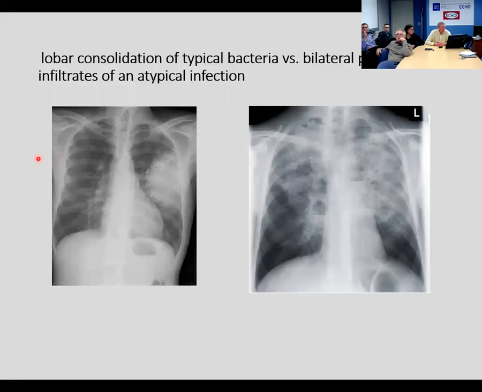So on the left side over here, I haven't shown you the anatomy of the left side, but this is a lobar consolidation. This is localized to the left upper lobe. There's a left lower lobe, but we can tell it's left upper because it's the upper side, and it's not touching the edge of the heart, and it's not touching the diaphragm. So this is a lobar pneumonia. We don't have a lateral on this, but it's a typical lobar pneumonia. If you contrast it with the right side,